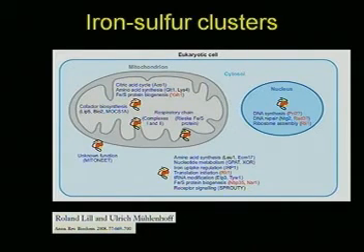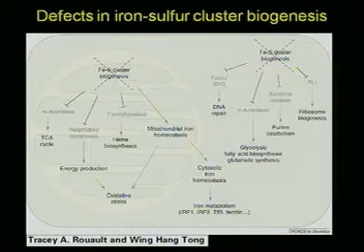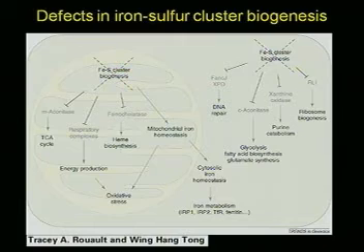But iron-sulfur clusters are needed by proteins in all of the cell, including in the nucleus, proteins that are needed for the integrity of DNA, and in the cytosol for a number of other molecular processes. What happens, and Dr. Puccio will give you the details this afternoon, is that